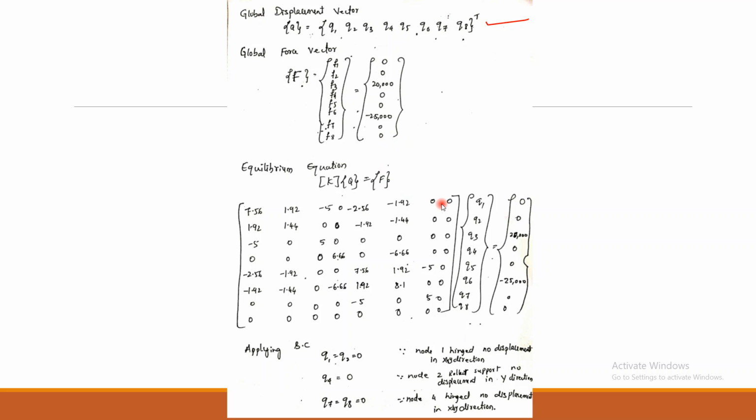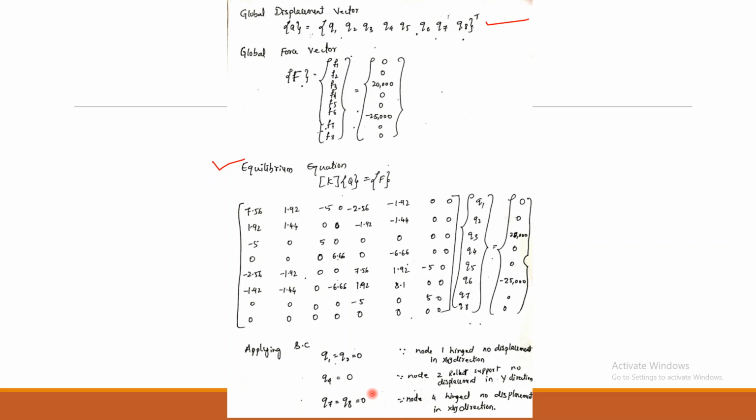So once this is finished, the next part is the equilibrium equation. You have to write down the equilibrium equation, that is in terms of KQ equal to F. All the global values or global matrix that you calculated previously, you write down in this way. Once you write that down, you should go for applying boundary conditions. To apply the boundary conditions, I am going to adopt what we call the